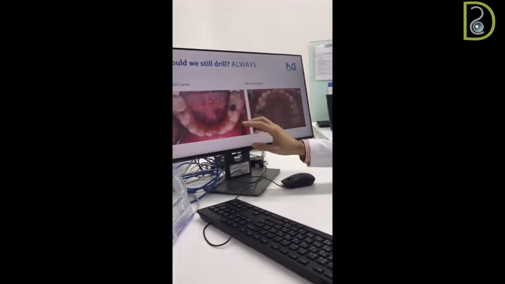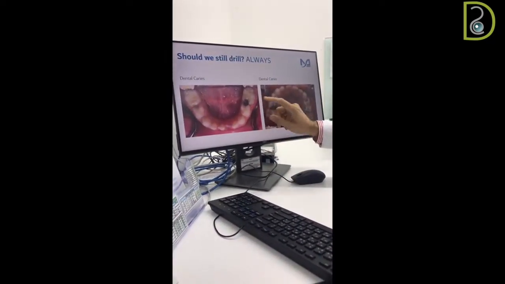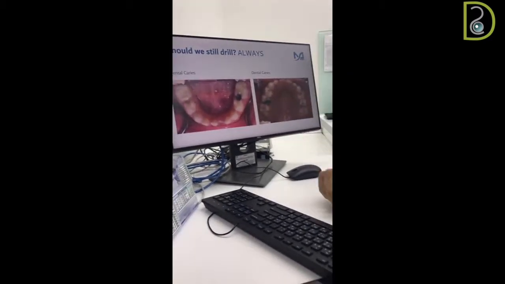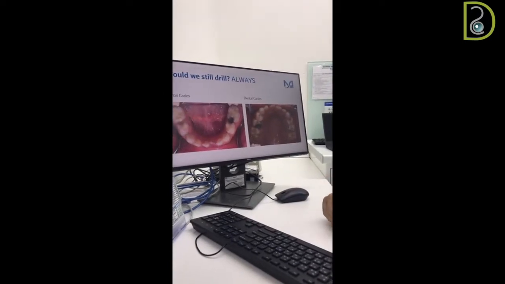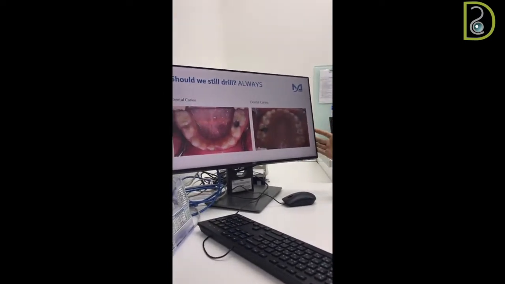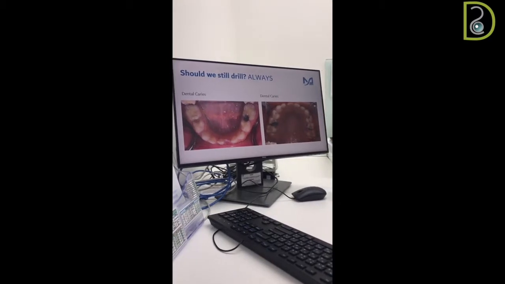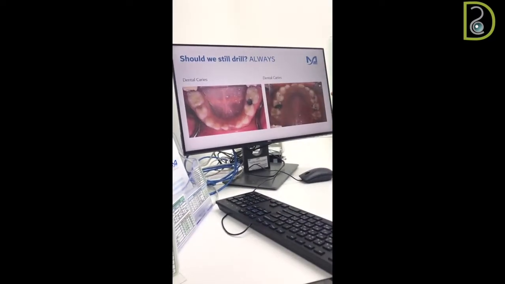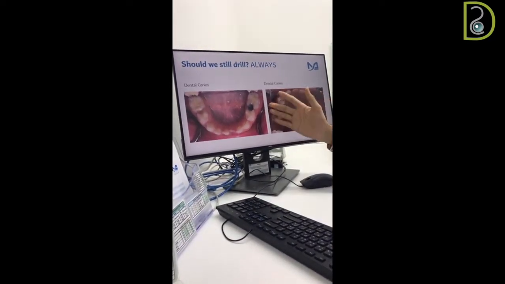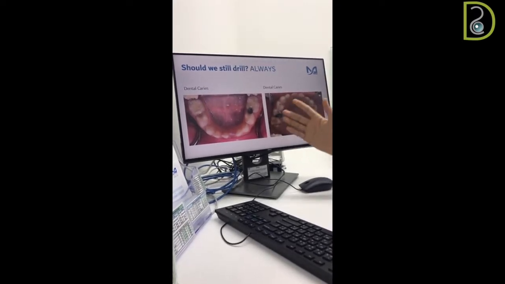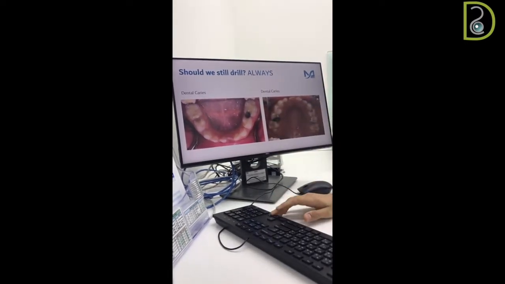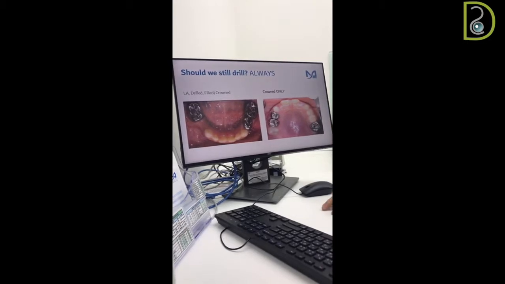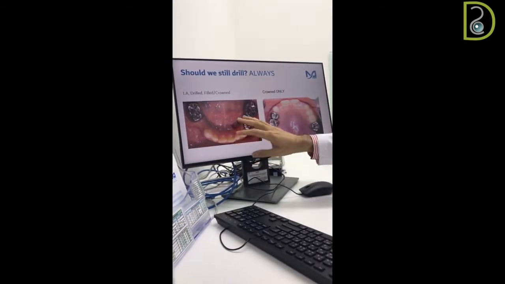So we have this condition where you have restorations, buccal caries, mesial caries, distal caries, or restoration with recurrent caries. On the other hand, again, you will see carious teeth, hypomineralized sixes, arrested cavities. So both have dental caries or early childhood caries in the primary dentition. So we have a dental caries condition here and a dental caries condition here. But if you look into the next slide, the first case has been treated by